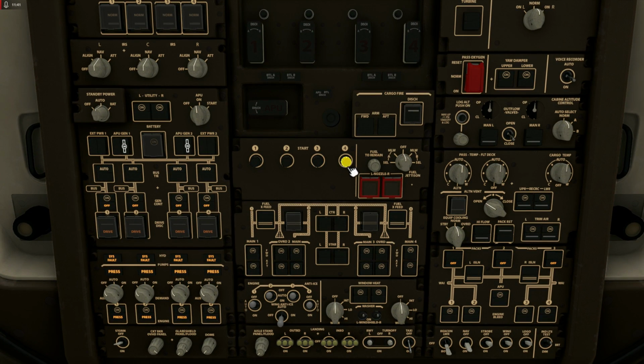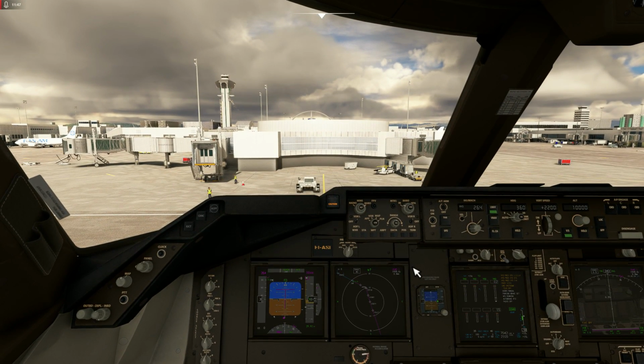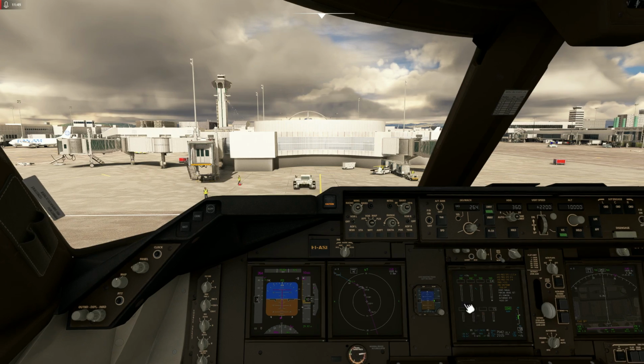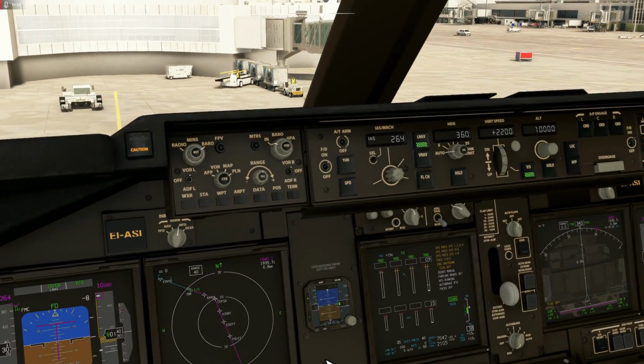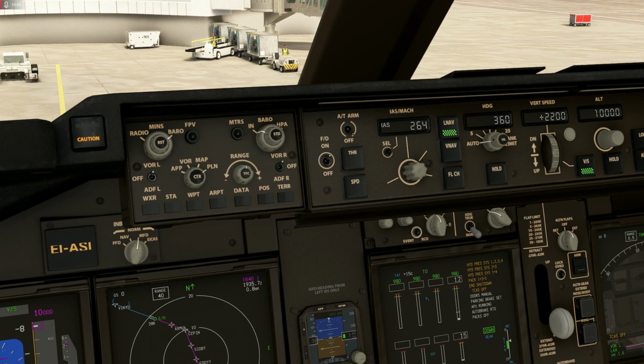First I'm going to start engine number 4. I'm going to pull that out. As you click it, you'll see it come out just ever so slightly from that angle. You can just see it. You can see it's come alive here. You've got to wait till it gets up to about